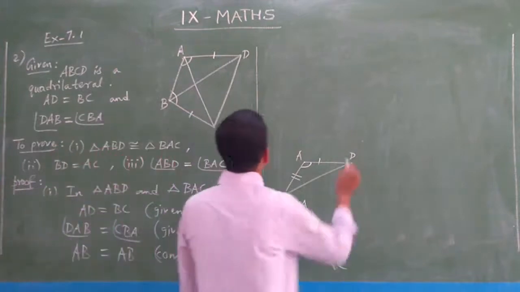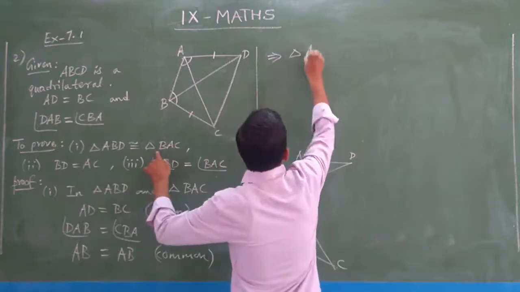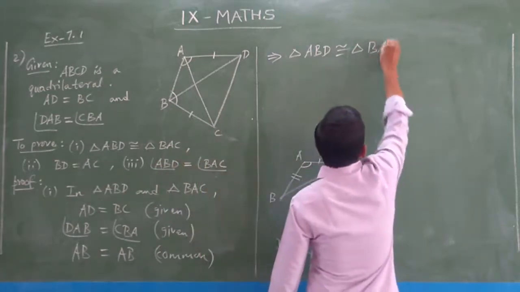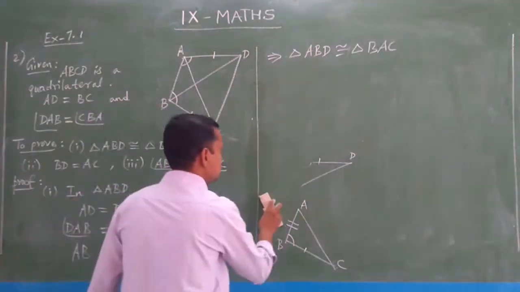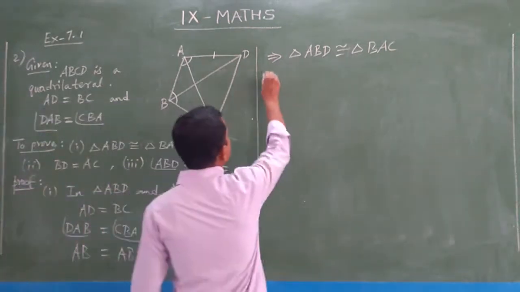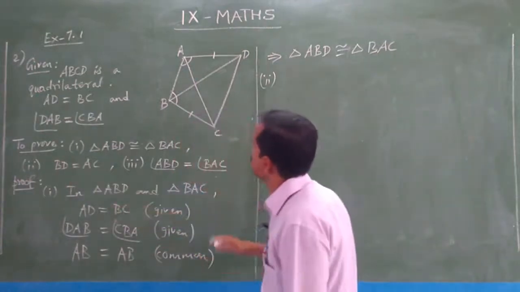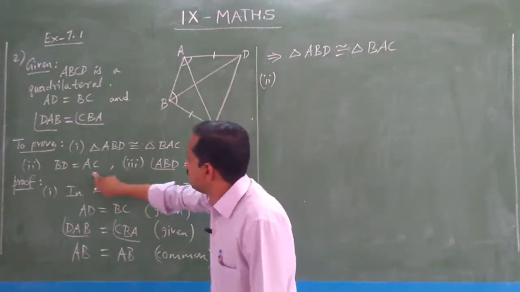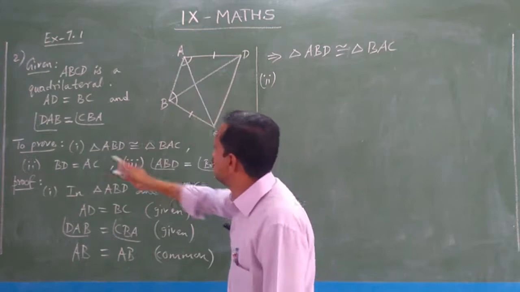So now we can easily say this implies triangle ABD congruent to triangle BAC. Okay, so this is for your reference. I have drawn, so no need to draw these 2 diagrams. And now coming to option 2. So what we have to prove? BD equal to AC. So BD equal to AC means, you see, where is BD? In the first triangle ABD only, BD is there. And AC means in the second triangle BAC, in this triangle only AC is there.